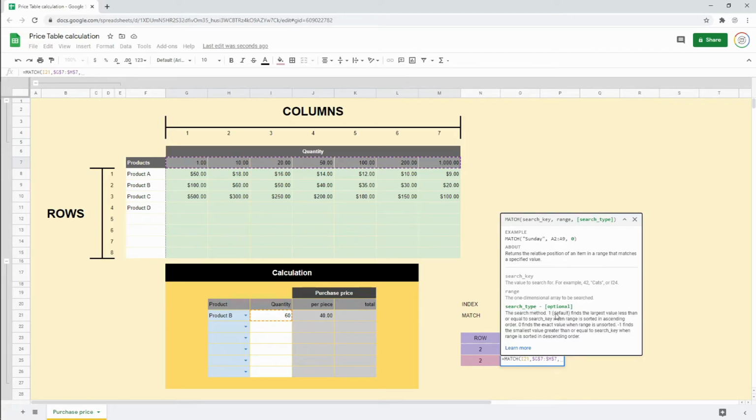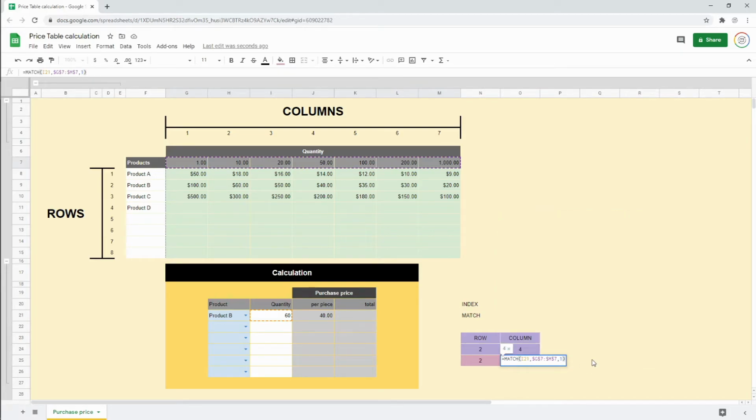If you use this number 1, then it finds the largest value less than or equal to the search key. So less or equal to would be 50, 20, 10, or 1. But as you can see here, the largest value of those numbers is 50. So let's type in 1 here,